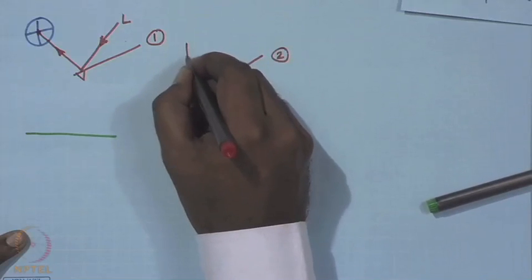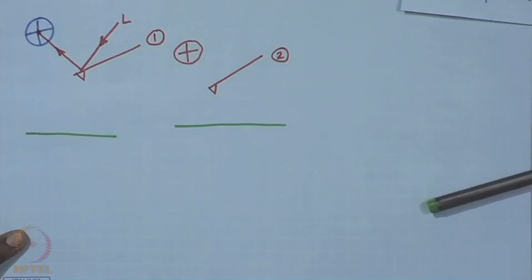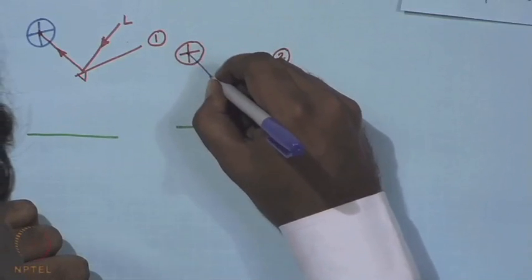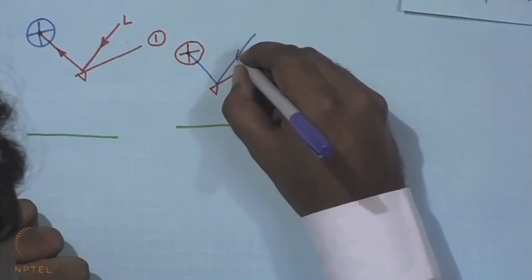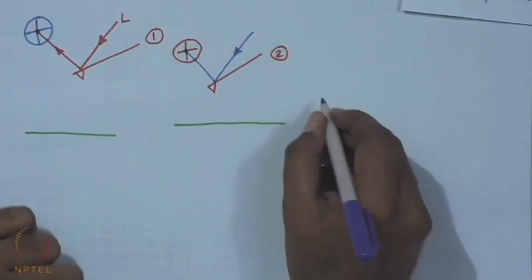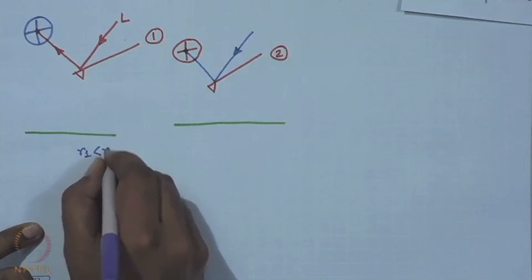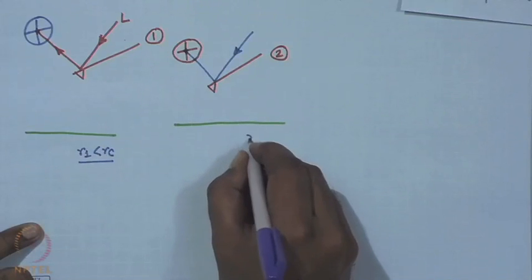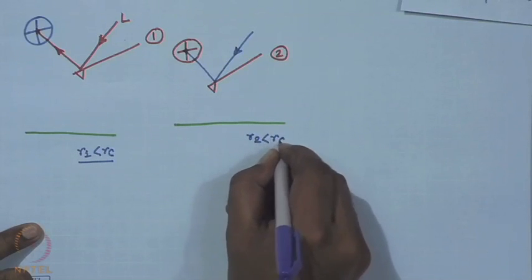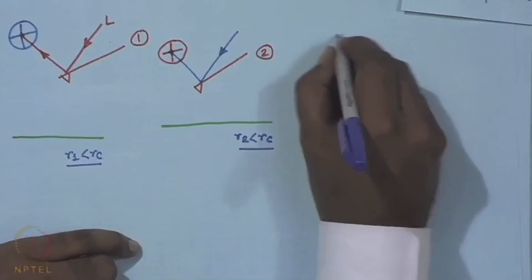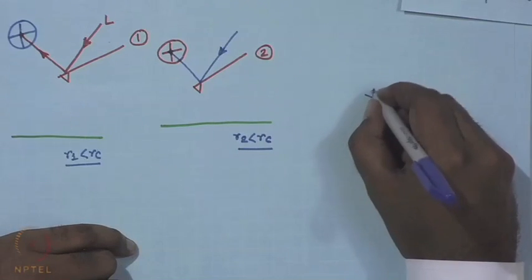So, on the QPD there is no change in the position of the laser light, it still falls at the center. So, I would say R1 is smaller than RC, R2 is also smaller than RC. Then we come to location 3,